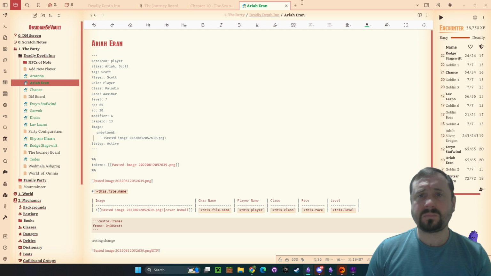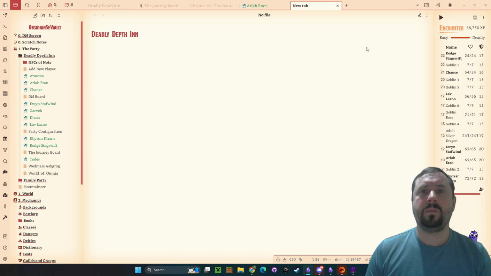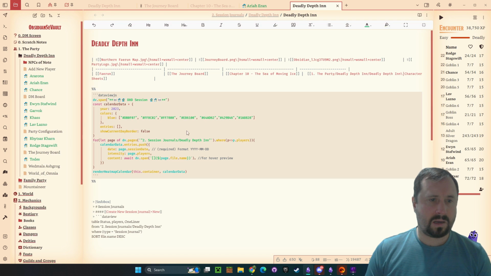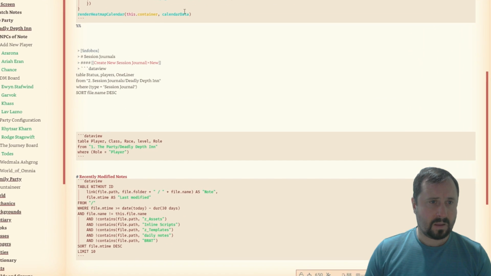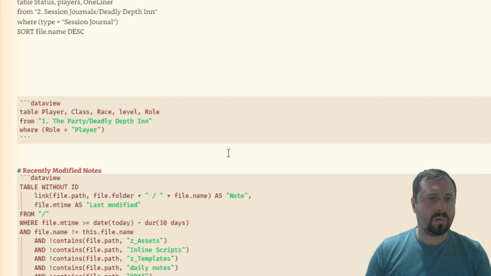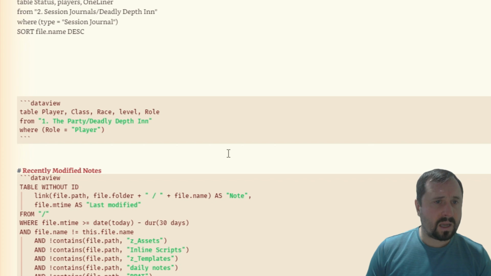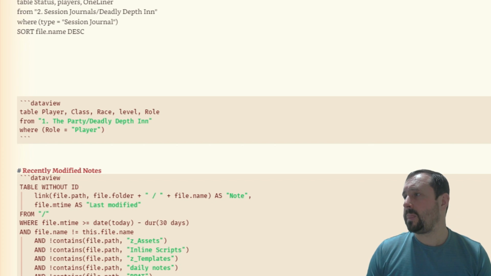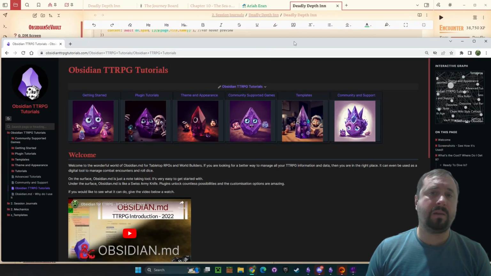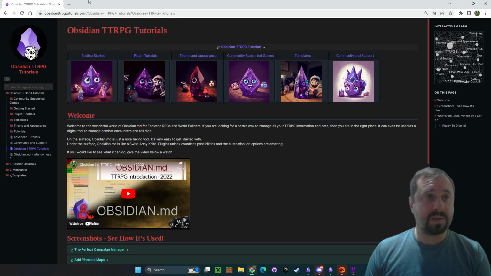So that one there. So if we come back to here and go into edit. Alright, so we got where role equals player. And we probably need to do an AND. Now, the trick to making your own Dataview queries, guys, is to come here to